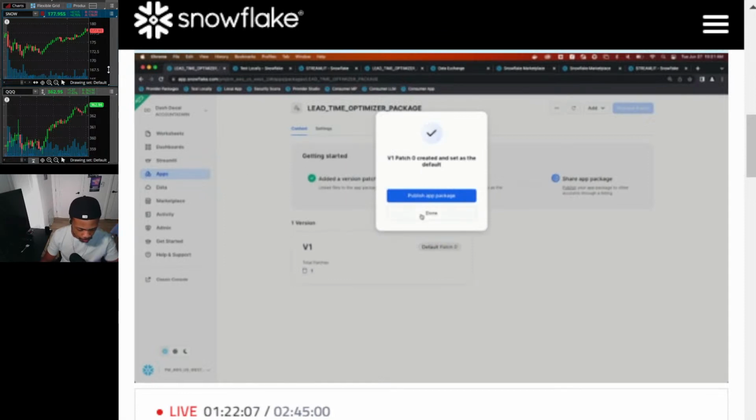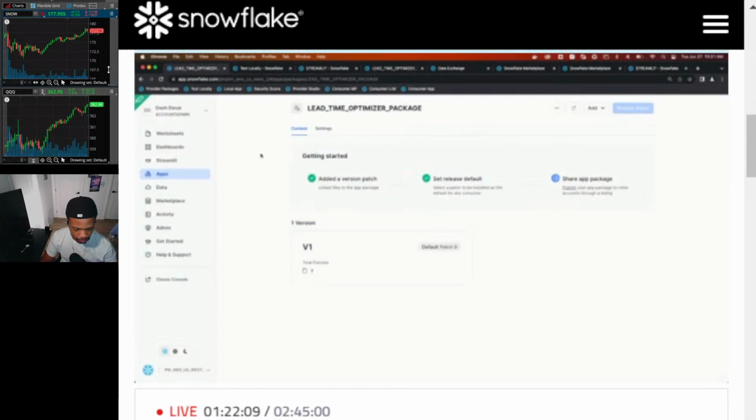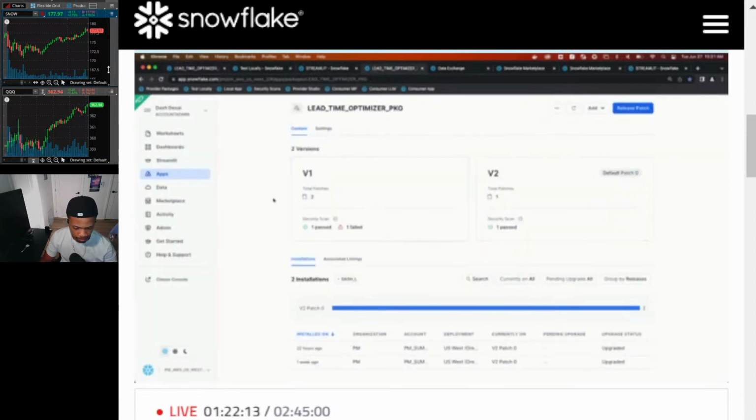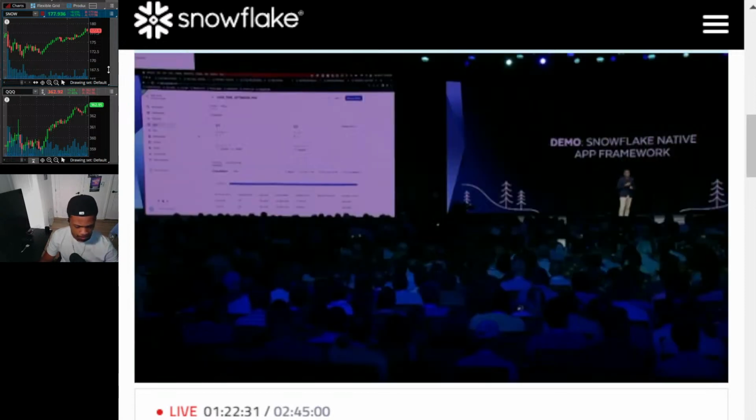While this version is created, I want to show you something super important. Today, as application builders, you have to spend a significant amount of time and money getting your apps ready for security compliance. Snowflake automatically reviews every single version of publicly shared apps for security threats and abuse. We believe that this is going to accelerate the sales cycle for you and time to value for your application